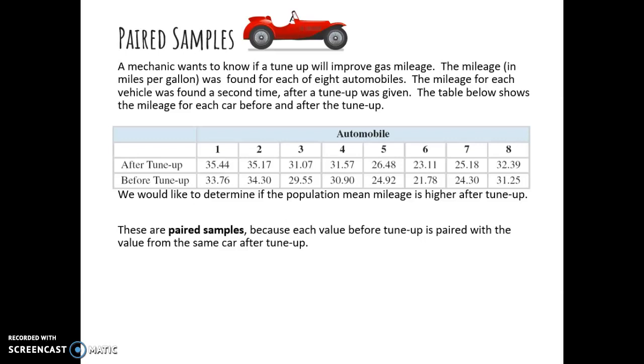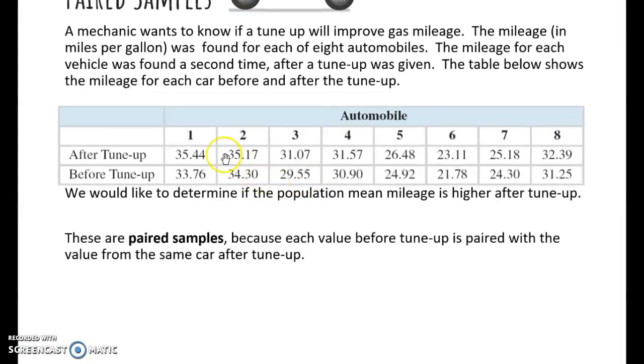Okay, they have to be that related, like husband data and wife data, before and after data, brother sister data, things that can be paired up, like the individual data values from one sample are paired with another, like this 35.44 is paired with the